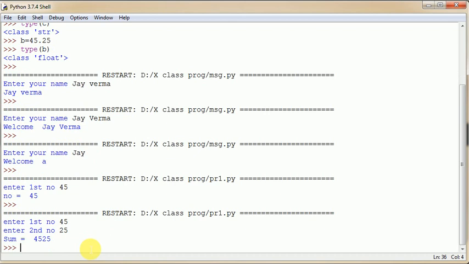That's 45 25. This is concatenation, because when we are using the plus operator on two strings, okay, what I told previously, the input function always accepts a string, not a number. And when you are passing two strings, then it will concatenate, it will merge, not use the addition operation here. Okay, then it returns 45 25, means 4525 you can say.